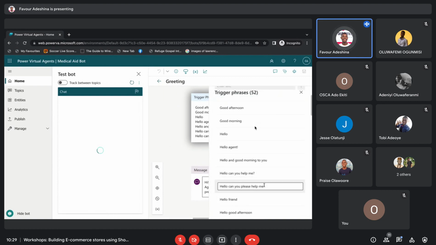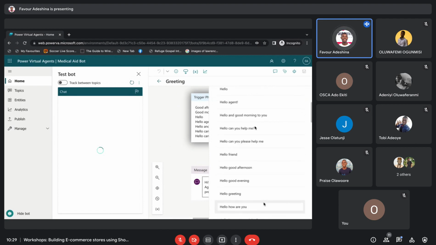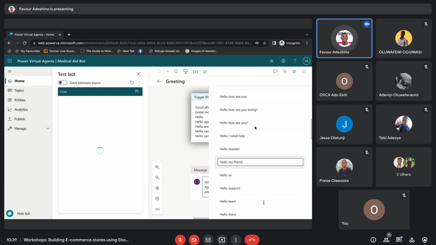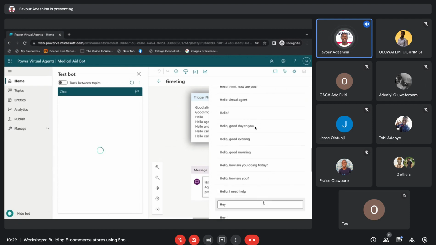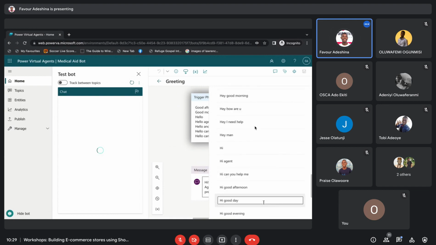Hello, can you please help me? Hello, friend. Hello, good afternoon. Hello, good evening. Hello, greeting. Hello, how are you? Any of these phrases, whenever someone sends this message, the chatbot will start responding. So these are what we call trigger phrases. I'm just going to pick that trigger phrase.